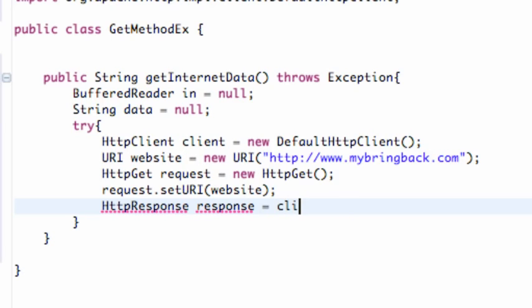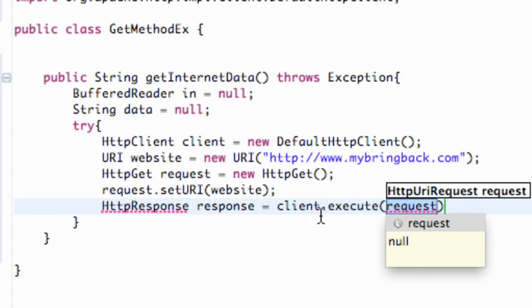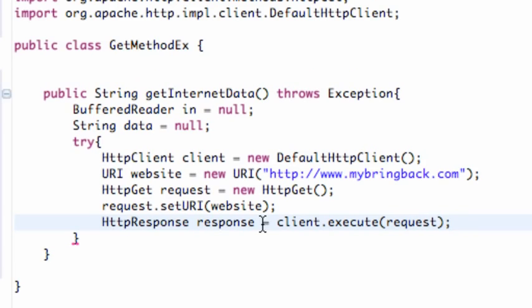So we're going to say our HTTP variable, which we called the client, and then we're just going to say dot execute. As you can see, it takes within its parameters a get method, which we called request. And again, we set up our website connected to our request, or get method, and that's what we're going to actually request. So we're just going to say request like that,